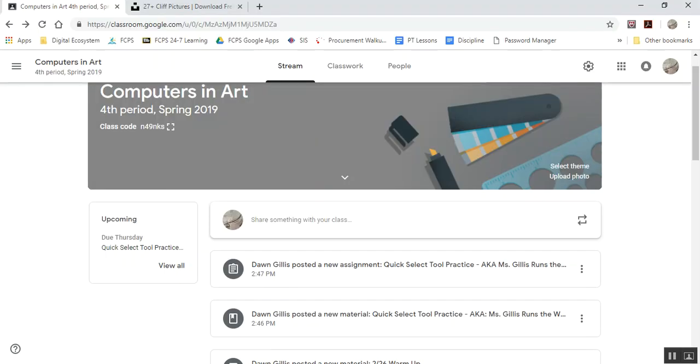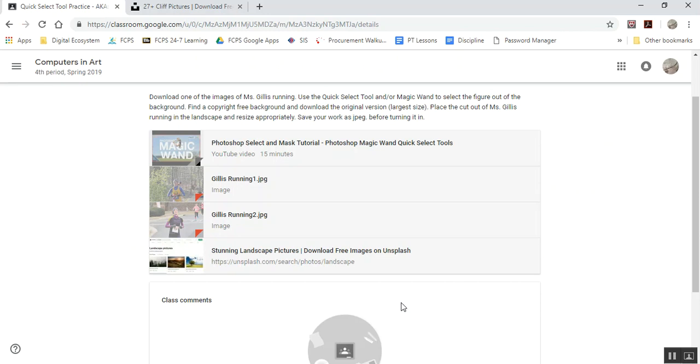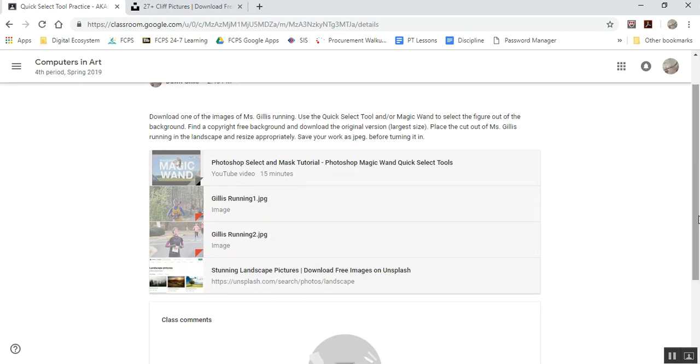We're going to talk today about how to move a figure from one image to another using the Quick Select tool. So to begin in Google Classroom, we have two things. We have the assignment where you'll actually upload your finished work, and underneath it is a material called Quick Select Tool Practice. When you open that, you'll see that you have a variety of materials that will help you with this project. First, you have two pictures of me to choose from, and then you have a website link for